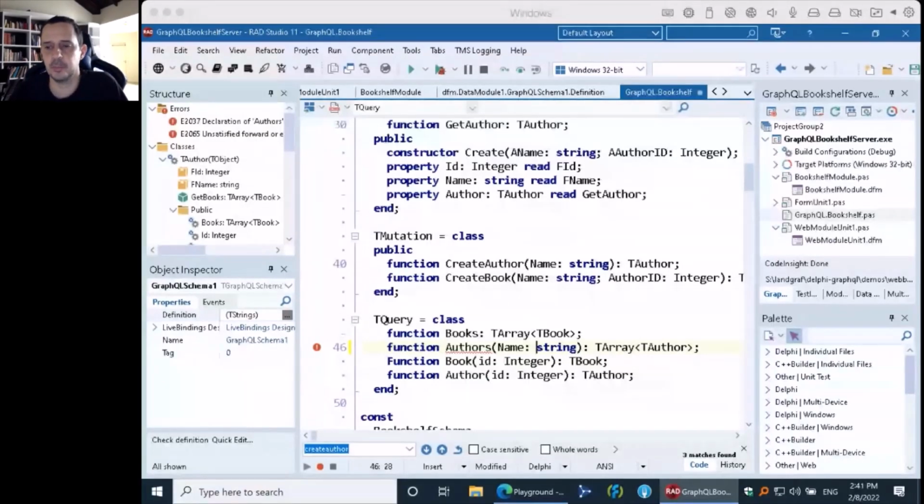Will this work with Delphi Professional? Yes, GraphQL for Delphi supports from Delphi 10 Seattle up to Delphi 11 Alexandria, and any SKU of Delphi is supported.